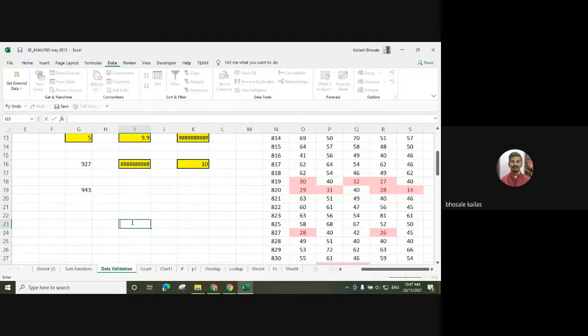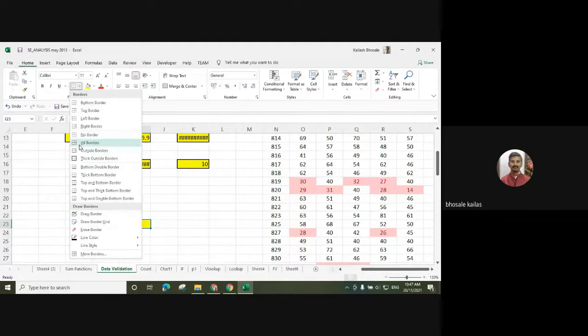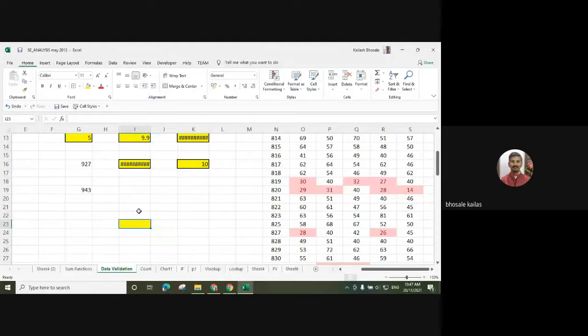Suppose I want to place a number between 0 to 100 here, and by mistake I have pressed some other character like A. When I press A instead of a number from 0 to 100, I should get some error message. So how can we set that error message?